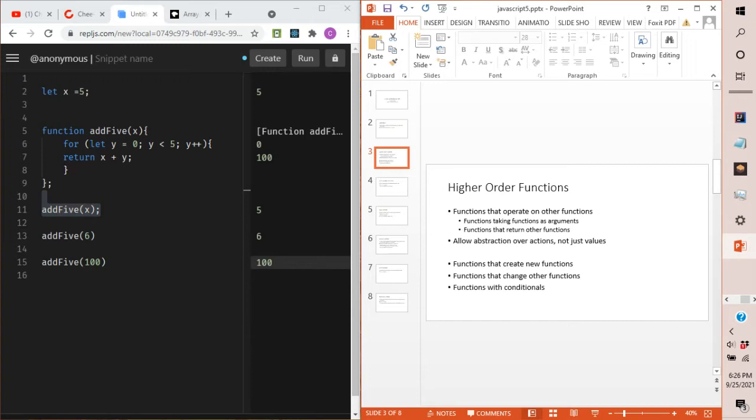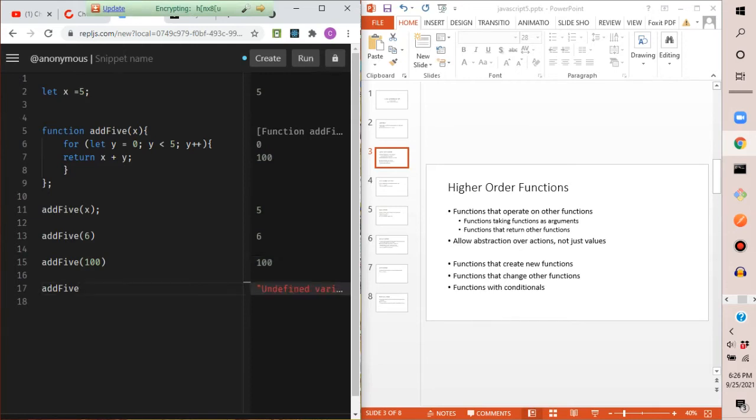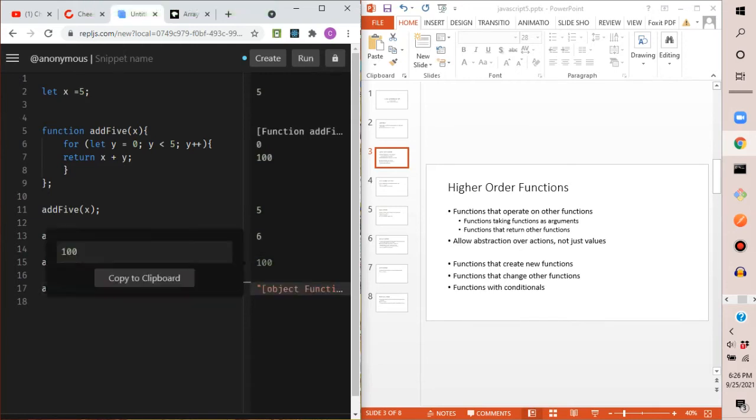Now let's get into the weeds, because functions, as you can see right here, function add 5, what gets returned in the console is the fact that it is a function. You can see there, function add 5. Now, let me demonstrate this a different way. If I didn't have the parentheses here, and I just said add 5, look at what is